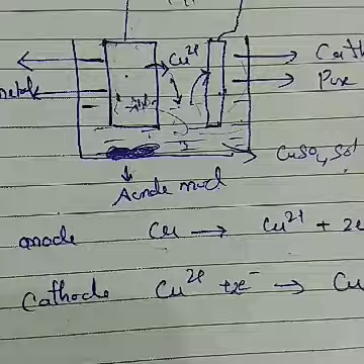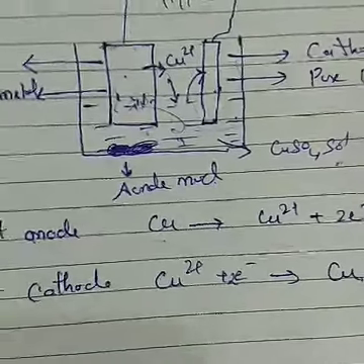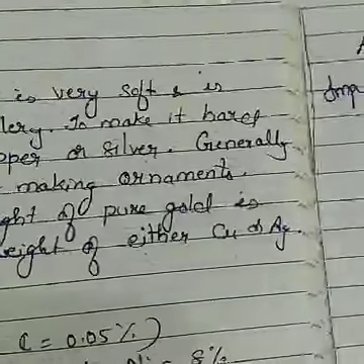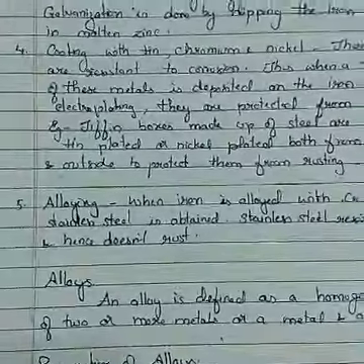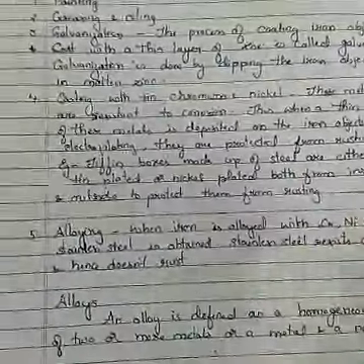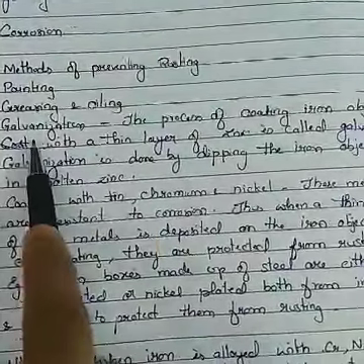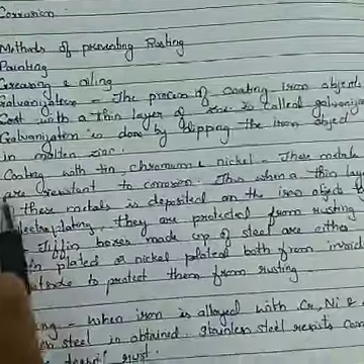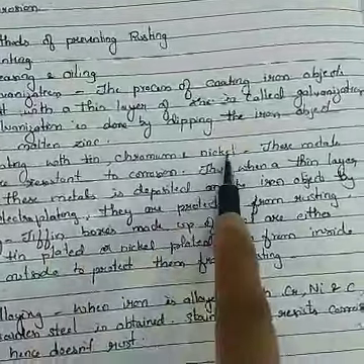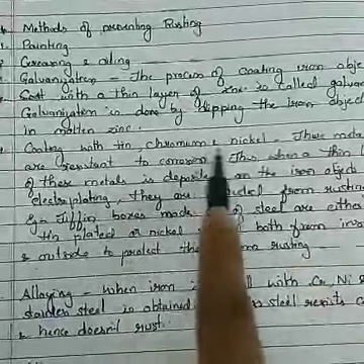Now the last topic which is left is corrosion. Corrosion, as we have discussed in chapter 1. The same thing is here. You have to learn the same topic, everything from the first chapter. I am adding one point in the methods of preventing corrosion. We have done painting, greasing and oiling, galvanization also we have done. But coating with tin, chromium and nickel, this point we have not done. So I am discussing this point.